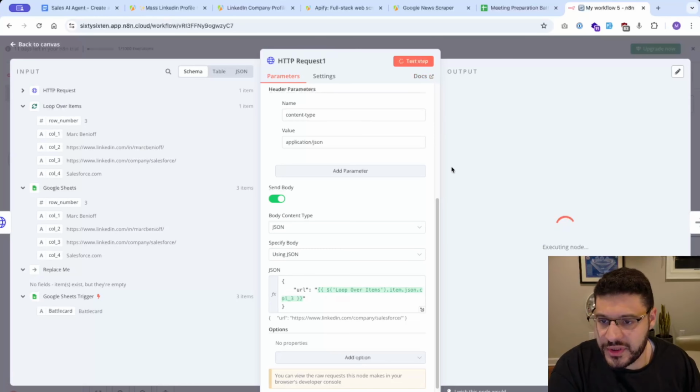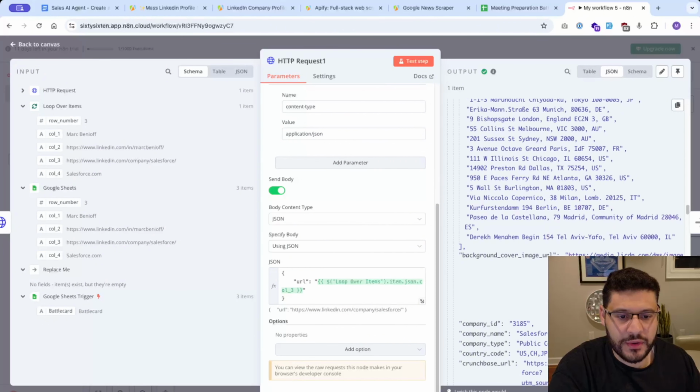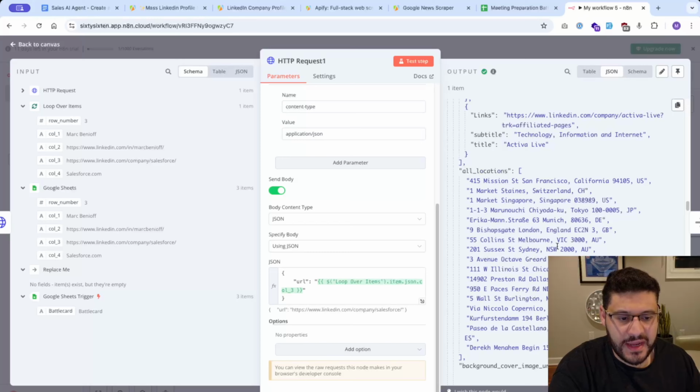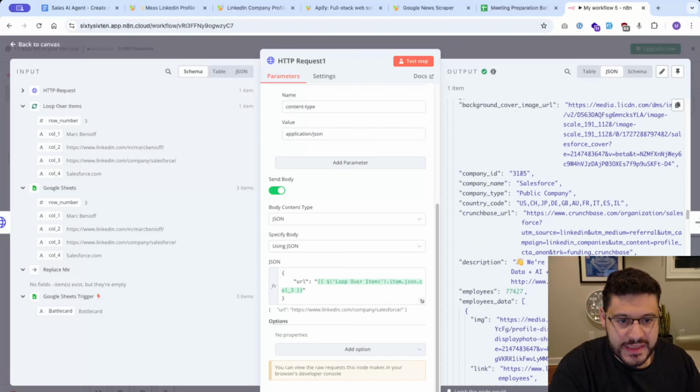And this should return us all of the LinkedIn details about the Salesforce company profile this time. So let's just wait for that to go through. And just like that, we got an output that contains all of the details of the company profile in LinkedIn. So for example, we also have all of the company locations that they have listed out on the website, as well as